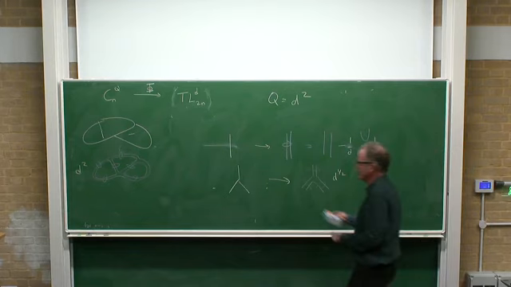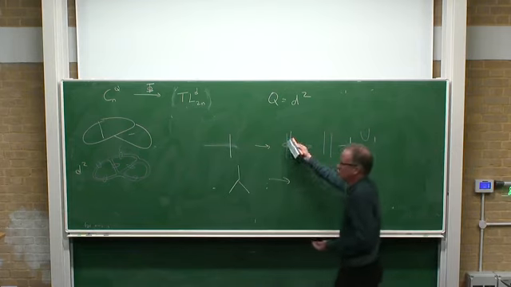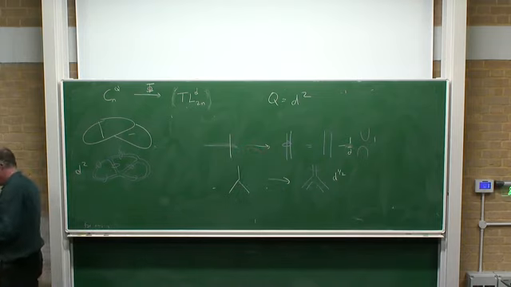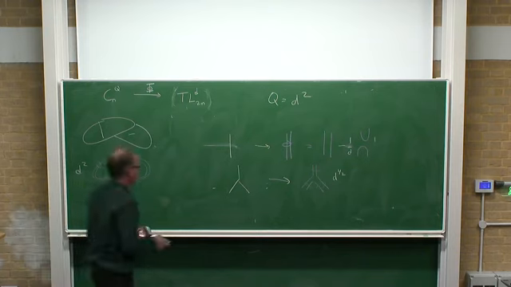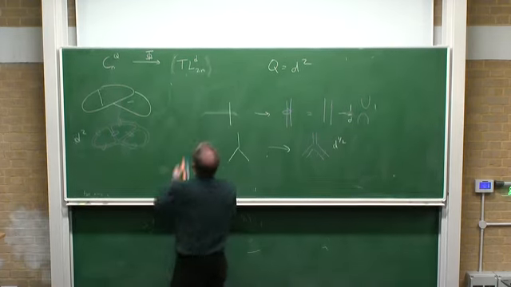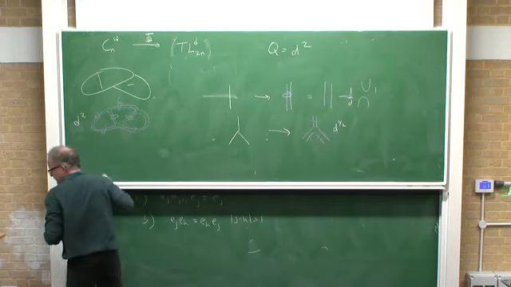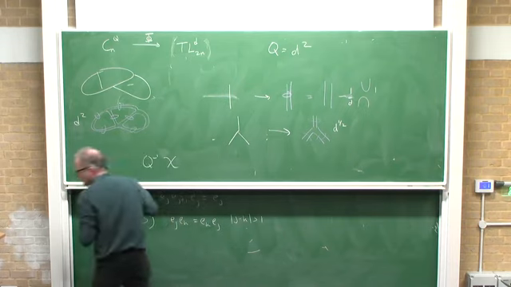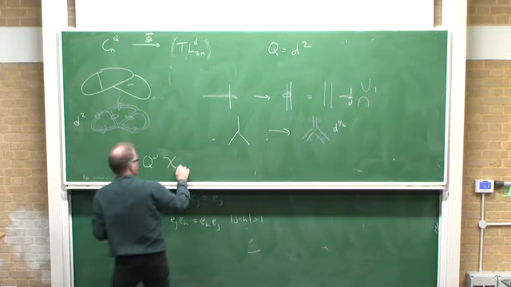And so the result, with this map, is that if you identify q equal to d squared, what we have is this normalized chromatic polynomial